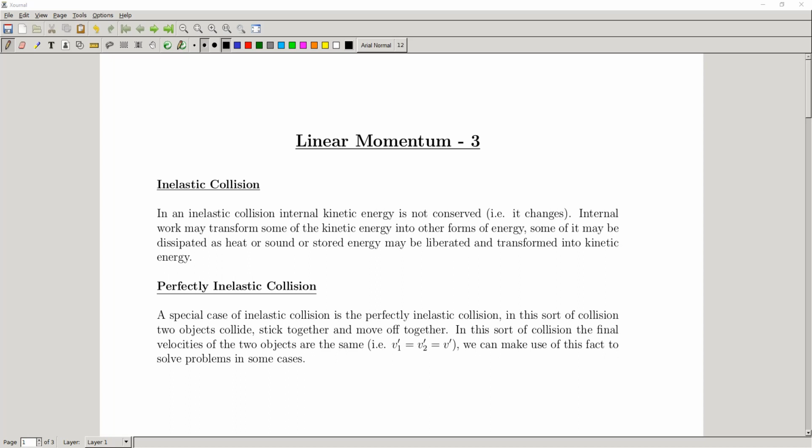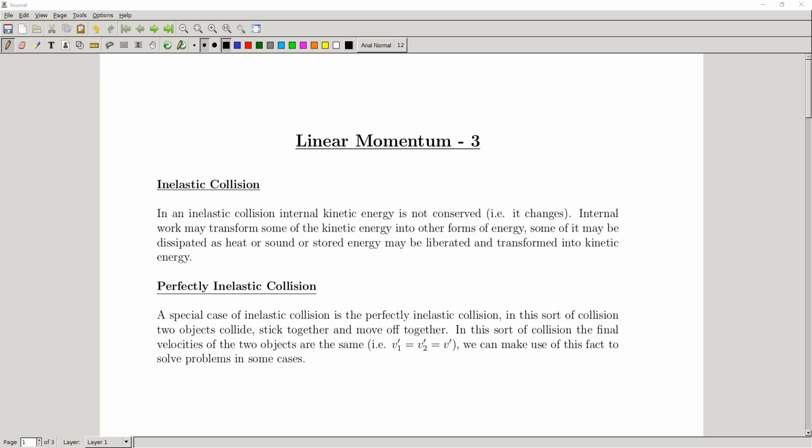So this kinetic energy might be dissipated, or we might have some potential energy that's liberated and transformed into kinetic energy. So these two objects could collide, and there could be some sort of chemical energy stored, some sort of explosion happens, giving the system more kinetic energy, or as we're going to look at, we could have a coiled up spring that is released, and the potential energy stored in that spring now becomes kinetic energy in the